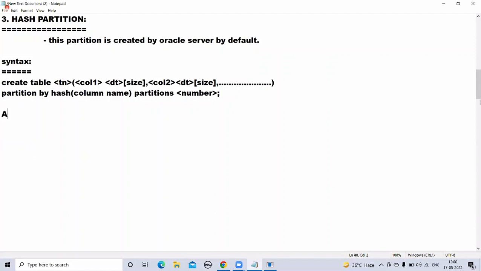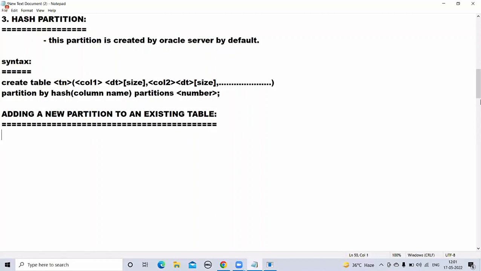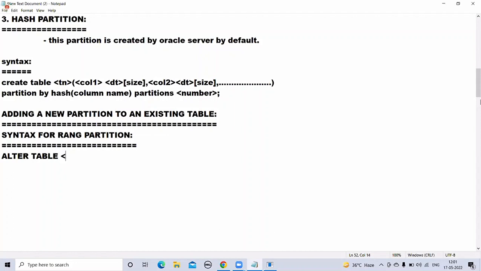The syntax for adding a new partition to an existing table. First, the syntax for range partition. Suppose you need to add your range partition. Now how can we add it here? Observe. So: alter table name,